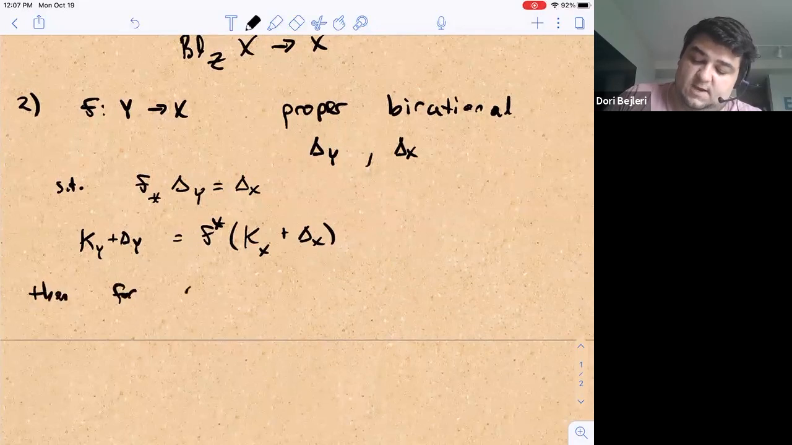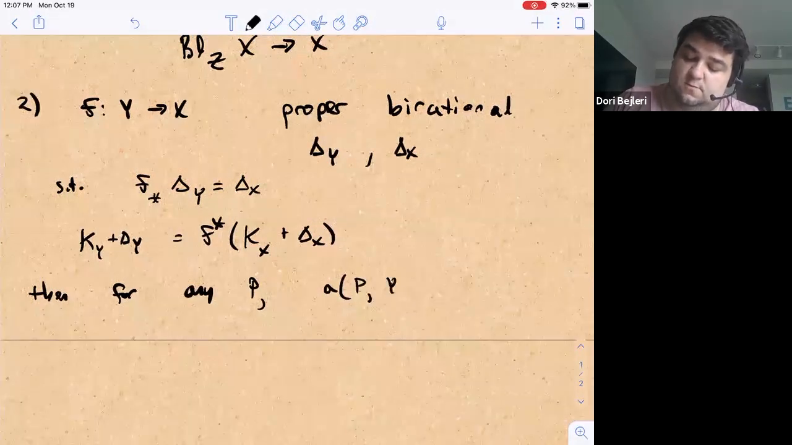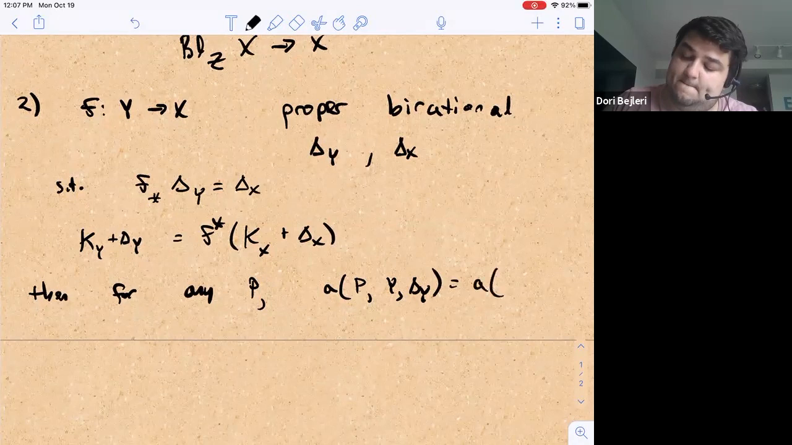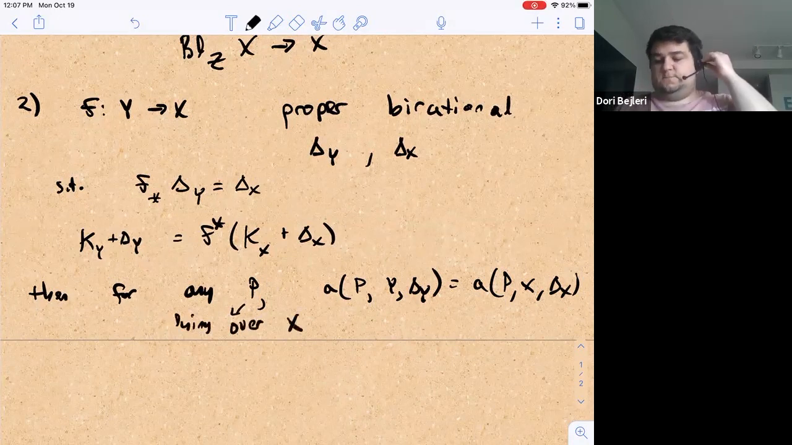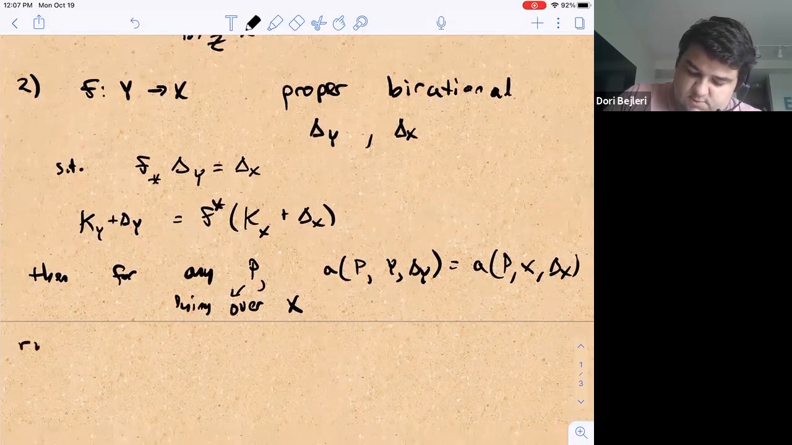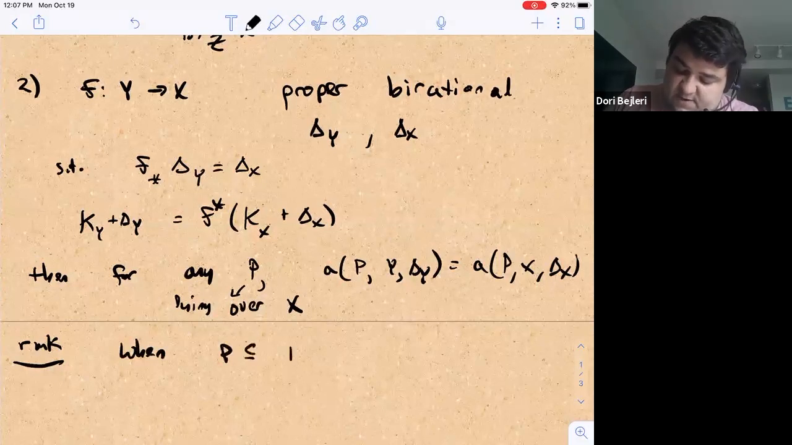for any prime divisor P lying over X, the discrepancies of the pair for Y are the same as those for X. And the one thing to note here, and this we'll use all the time in some computations, is when P is itself an exceptional divisor of f,